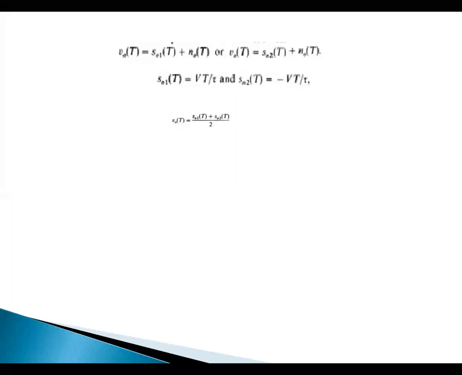Therefore, the noise N0 of t is positive. In that case, the noise is positive. What it means is, if you transmit the S2 of t signal, at the receiving end S01 of t is greater. Actually, the greater factor on the received side should be S02 of t, but in this case S01 of t is the greater factor. Then that means noise N0 of t is greater than the magnitude of the signal.